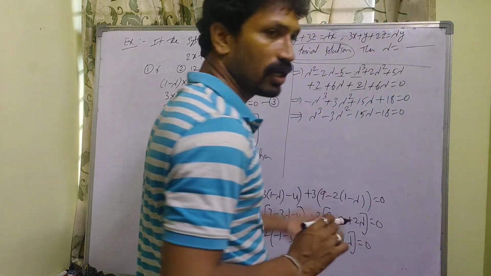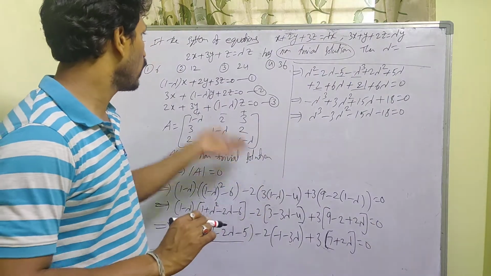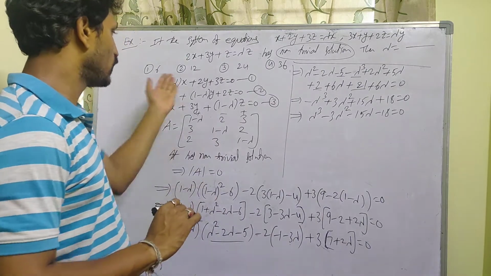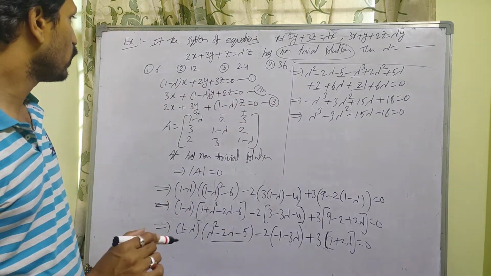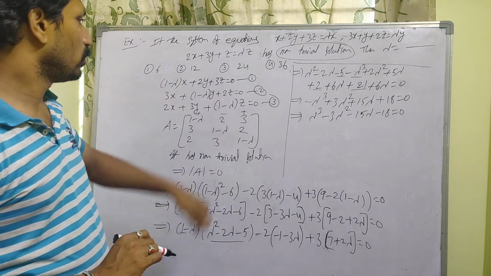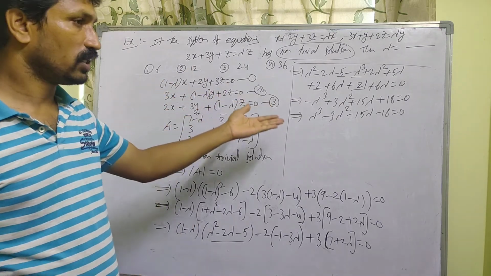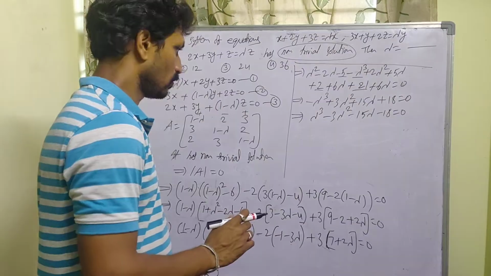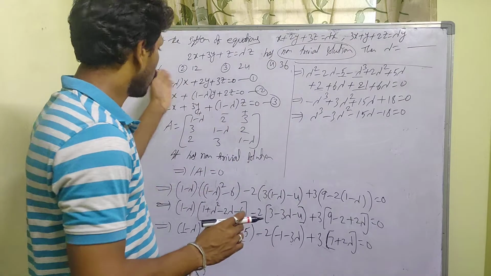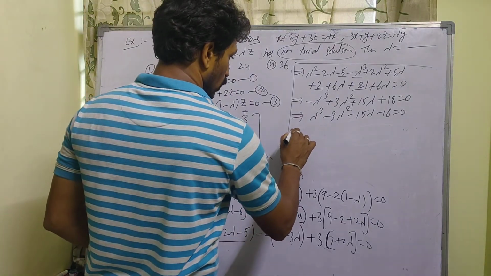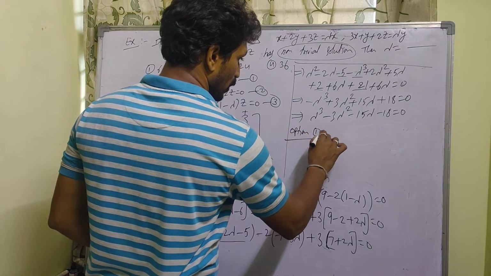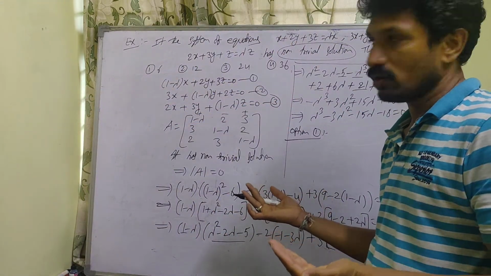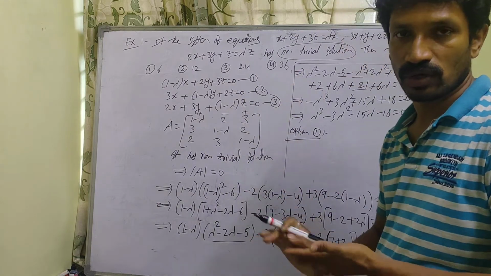See, it is a cubic equation. We have to verify the options. That is the best way. Take the first option; whichever is satisfying, that is our answer. Take first option, 6 cube, that is 6 6s are 36, 36 6s are 216. Okay, lambda is equal to 6. Substitute here. Option 1, verify. This is the best method for this one. If you get the first option only, then very cool. Otherwise, we have to check every option until we get the answer.